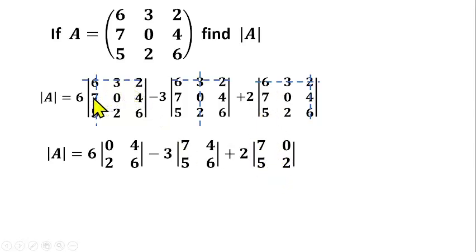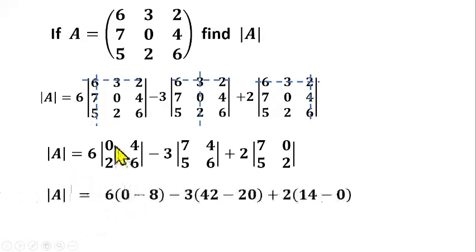So we have been able to reduce the 3 by 3 matrix to a 2 by 2 matrix using the first row and their positional sign. Do we understand? Now from there we know what to do for this one. This is a determinant of 2 by 2, determinant of 2 by 2, determinant of 2 by 2, which we have done before. So by cross multiplying and subtracting, here you'll be having 6 open bracket, 0 times 6 will give us 0, minus 4 times 2 gives us 8, minus 3 into 7 times 6 will give us 42,